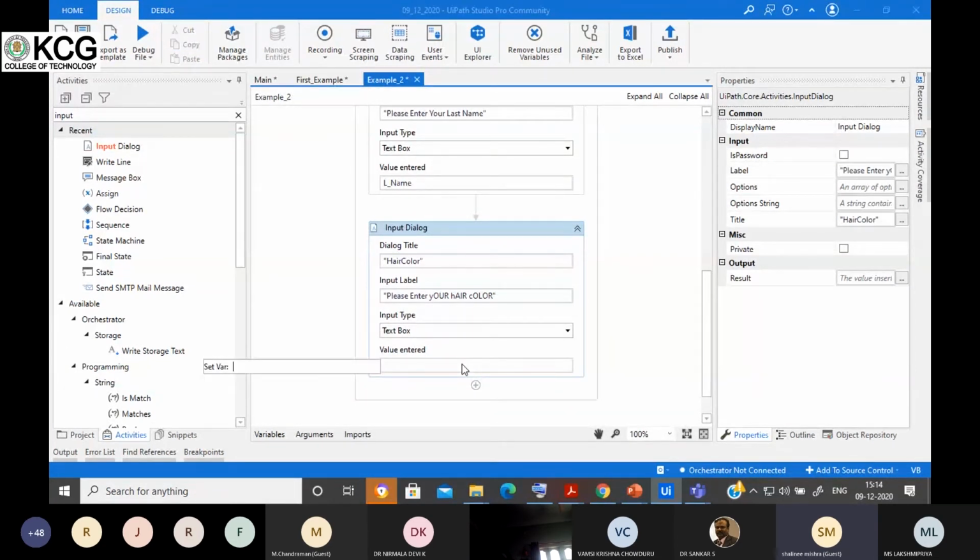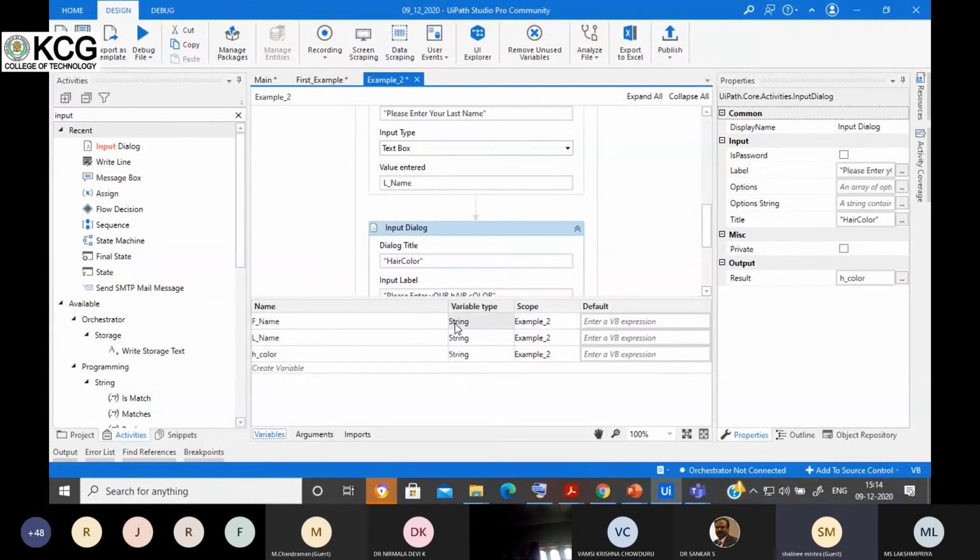So Ctrl K, and I will create the variable as hair color. Now you can see the three variables, and all are of string type. Three variables I created: first name, last name, and hair color, and the scope is the whole sequence.